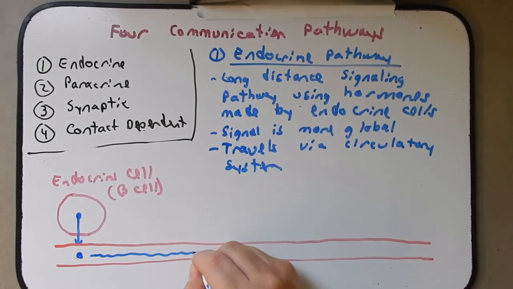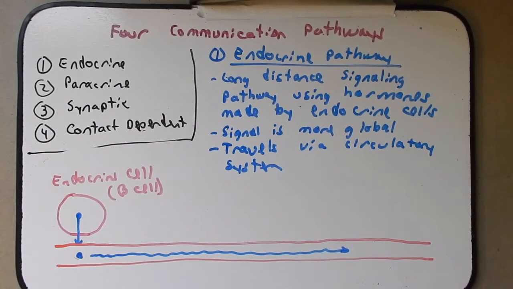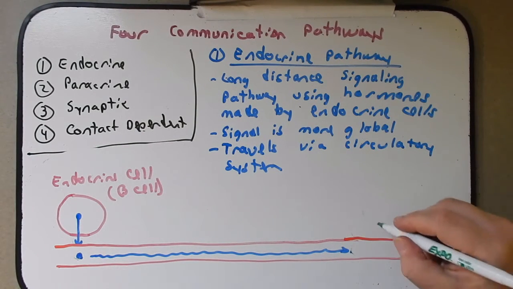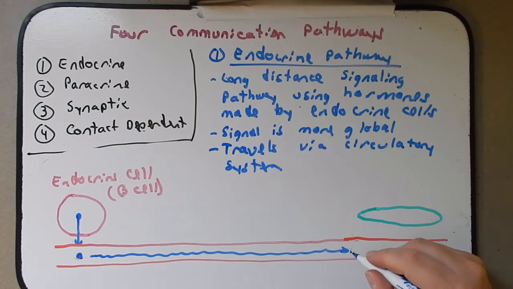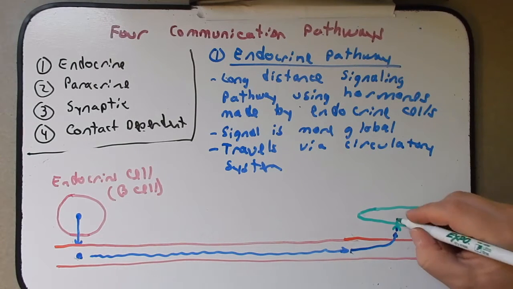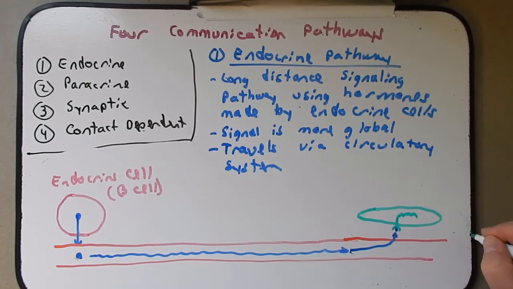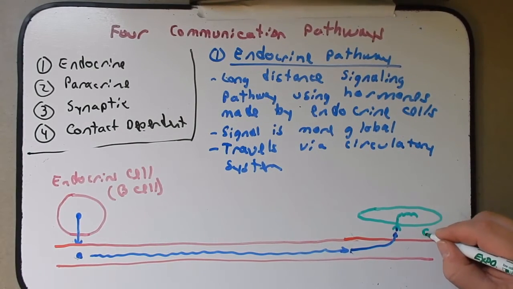And it's going to go throughout the body and interact with various target cells. So for instance, it might interact with a muscle cell, where it will leave the circulatory system and bind to a receptor of this muscle cell, which will lead to a response. And if this were to be insulin, it would lead to the response of glucose